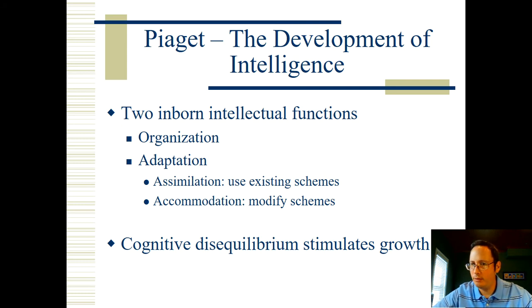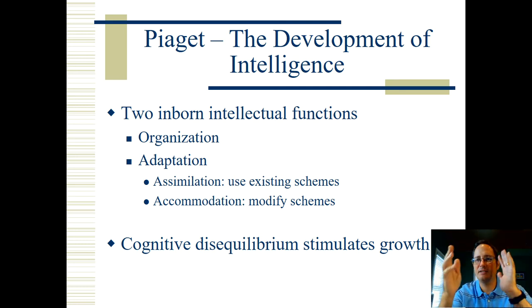And so, if you look at your liberal arts education that you have here at EKU, one of the things that you have to consider is, why do I have to take a general education curriculum? Well, one of the reasons is to create cognitive disequilibrium, introduce you to things that you've not been exposed to before, because it's that challenge, that constant shifting back and forth between cognitive equilibrium, where this matches this, and cognitive disequilibrium, where the two don't match. And that constant pull is what spurs on our intellectual development.